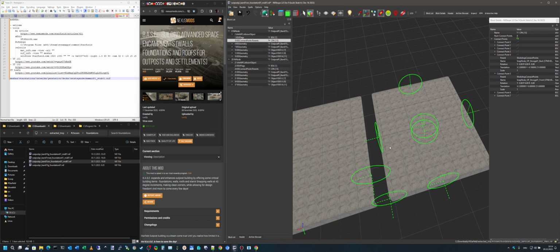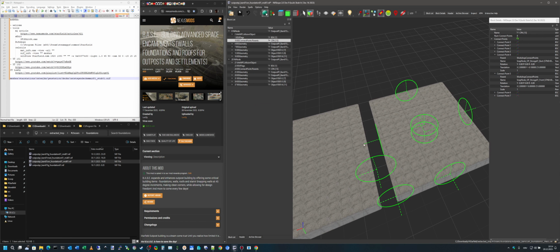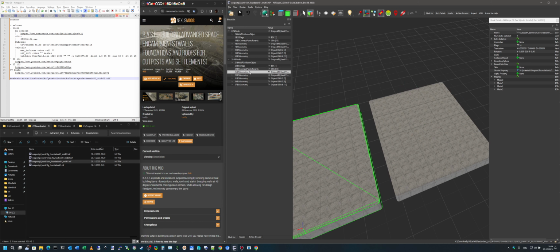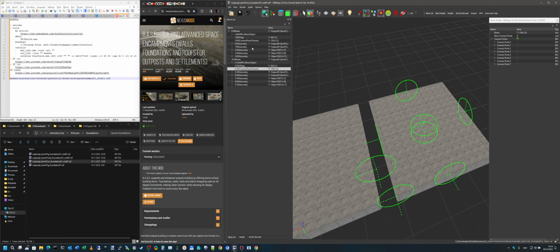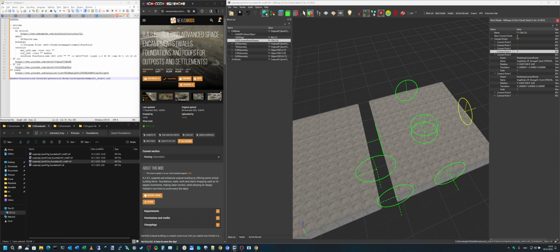So these snaps pointing to this object will need to connect to the other snap, like this one on the side